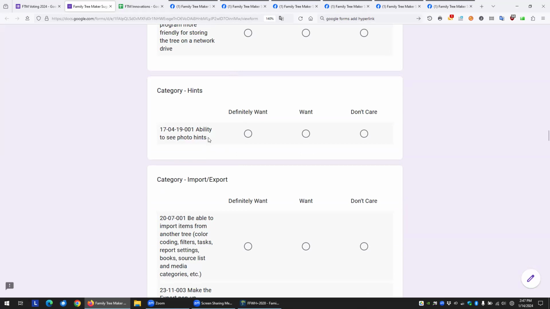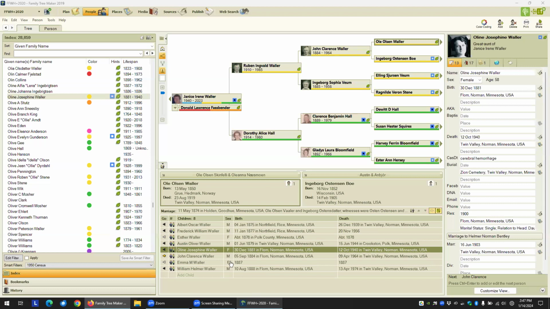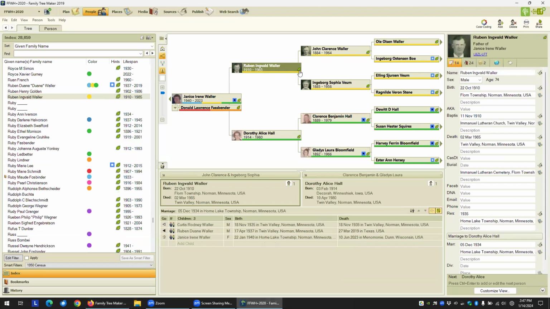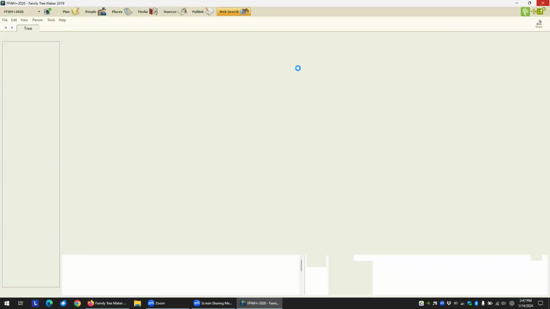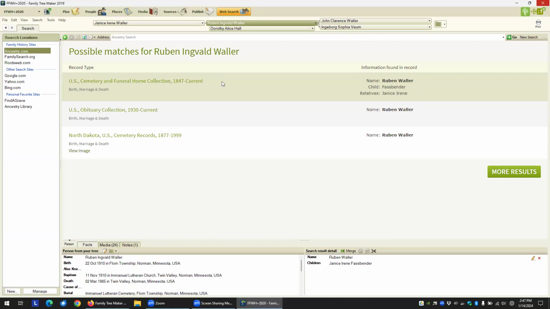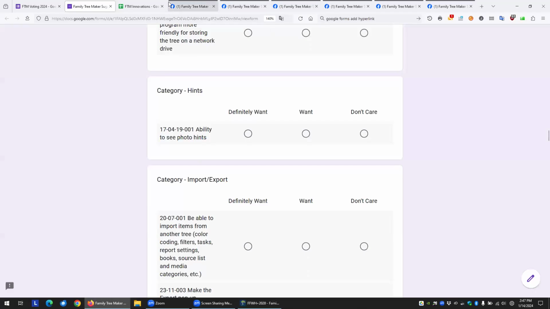And for hints available to see photo hints, because this I noticed, on my grandpa here, I just grant these. Well, the tree's not in sync now because of that recent change, but it shouldn't matter. Here it shows I got 3 hints here. But now if I actually go to the Ancestry site,